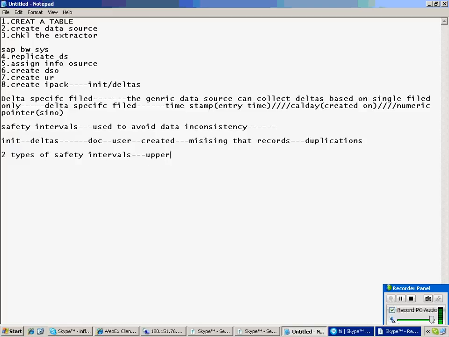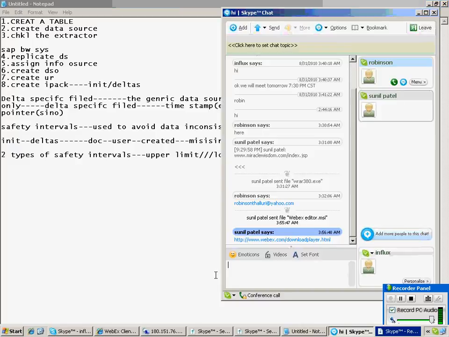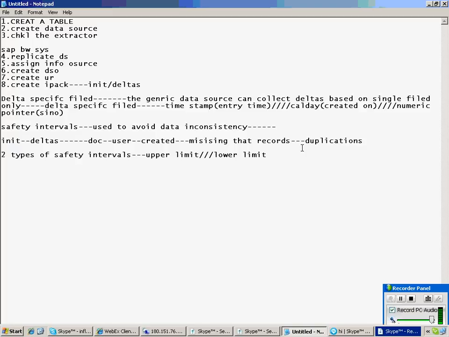One is upper limit, second one is lower limit. Upper limit is used in case of timestamp or calendar.